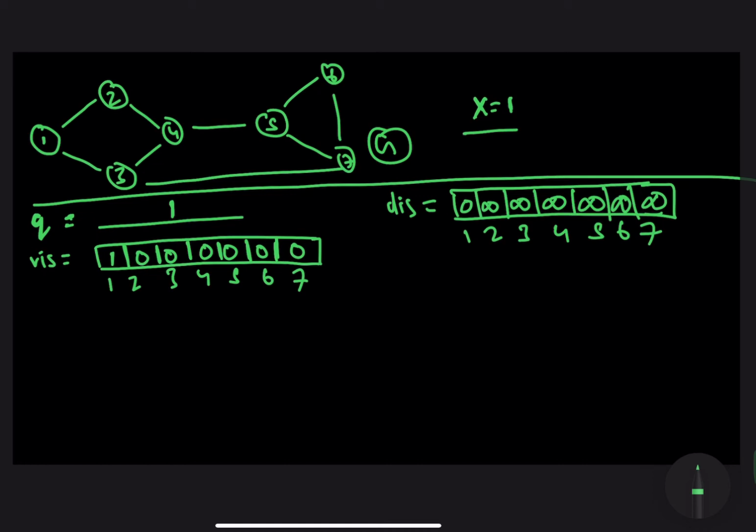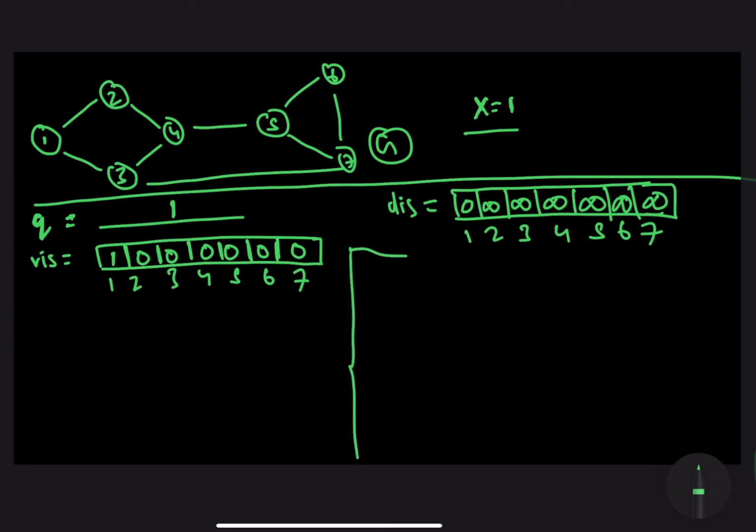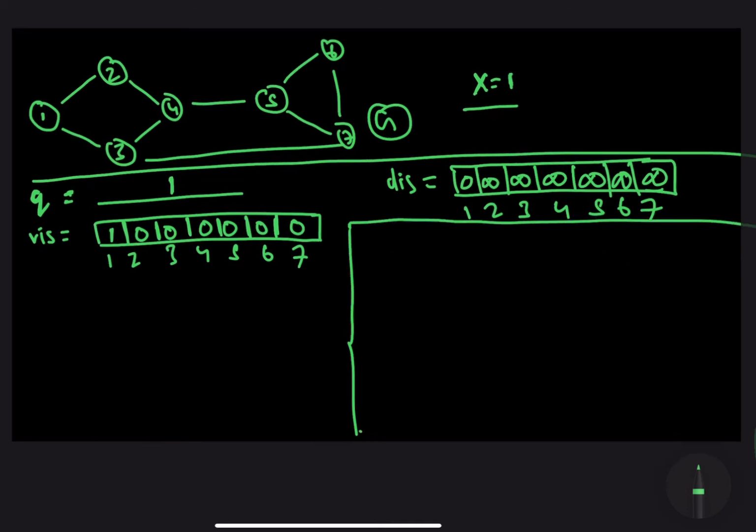Now the last thing is the pseudocode for the remaining algorithm, and let's have a look at that now. Let's make some space for writing the pseudocode over here, and we will write the pseudocode in this box. The pseudocode is a very small modification to the previous BFS pseudocode we saw. So while the queue is not empty, we pop the frontmost element of the queue and we iterate over it.